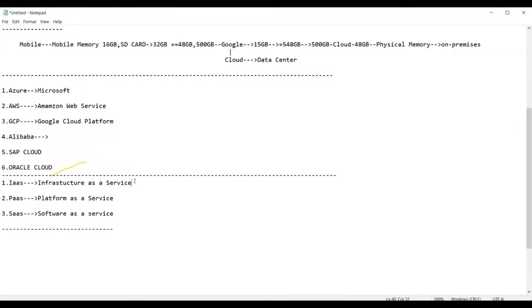Infrastructure as a service means what, guys? Suppose, as we just discussed, you require 500 GB of data to be stored. That means you require what? Space on the cloud to store the 500 GB of data. Am I right? Suppose you require all the storage, 500 GB or 1000 petabytes. All this is the responsibility of the cloud provider, and it provides this service in the form of what? Infrastructure as a service.